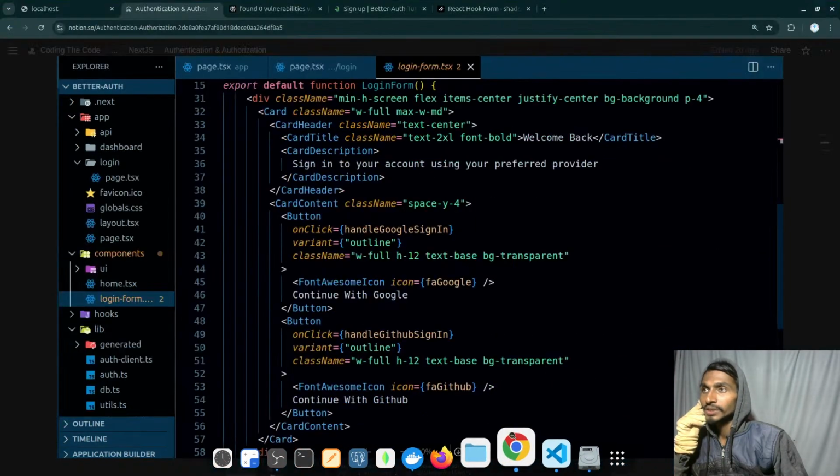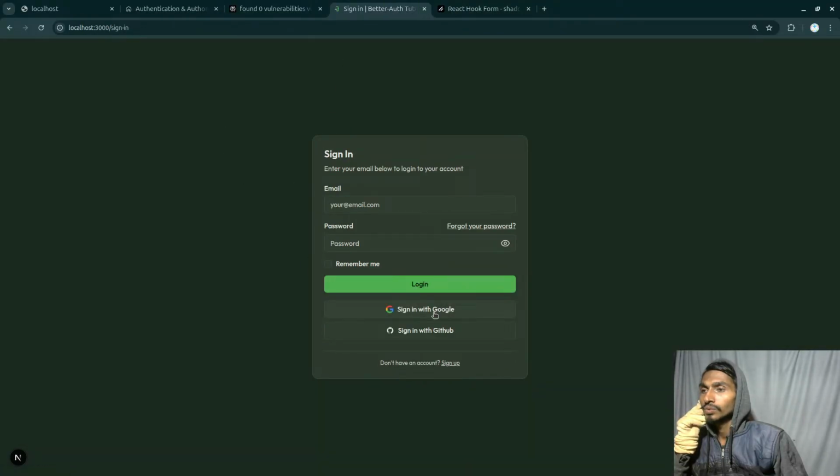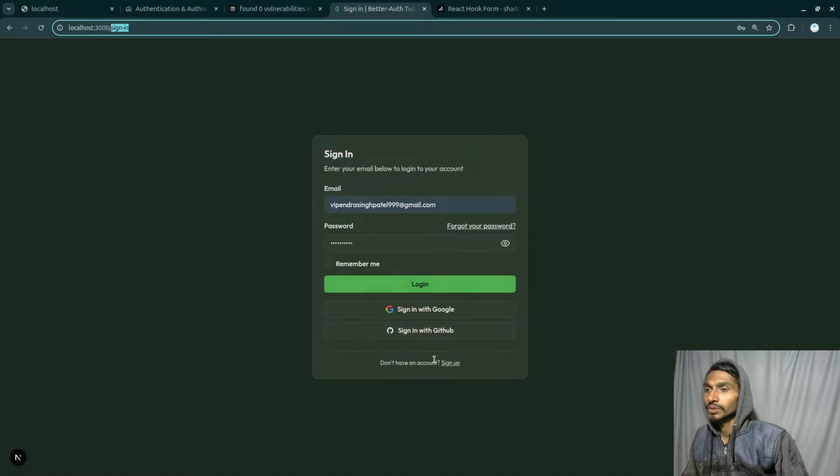By the way, first of all, let's have a look at the navbar that I have. If I come here and try to sign in with Google, it will not work. I'll have to enter some kind of password, any password, that doesn't really matter. Okay, it does not make any sense. Let's go